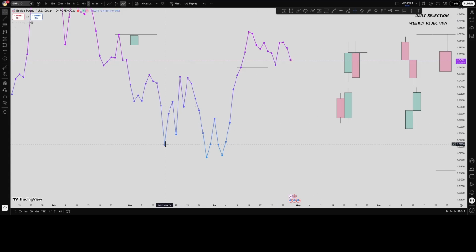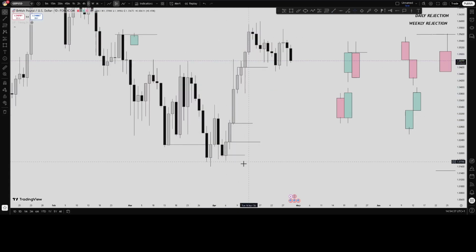If I mark all these key levels here, wherever you see a dot, just know it's a key level. You can see these are key levels. These are key levels. Now, if I go to the candles, you can see the candle chart is showing these are